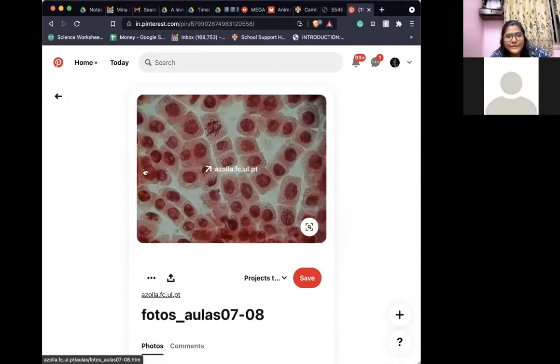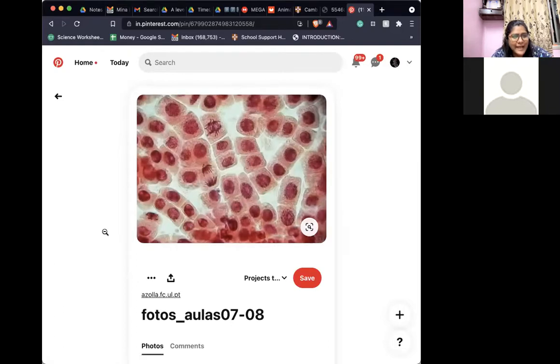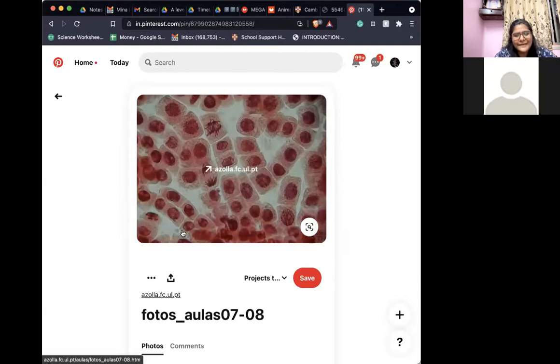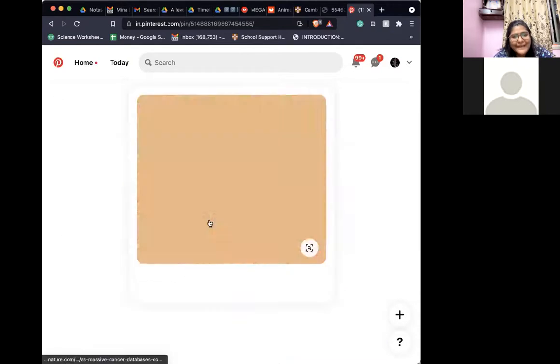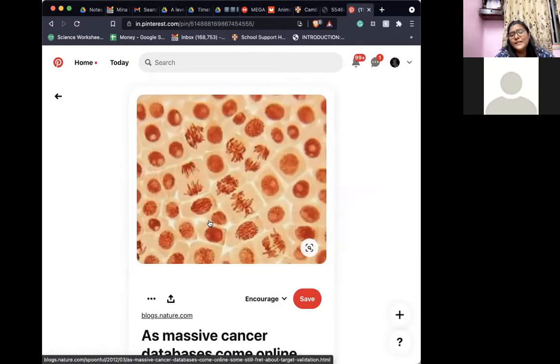Which one? The first one. This one? Yeah. And what do you think about this one then? What has happened with this guy? It does not have the double amount of genetic material, just the normal quantity, it seems. So could it be because this cell has just divided and doesn't seem to have decided to undergo the process of cell division yet?